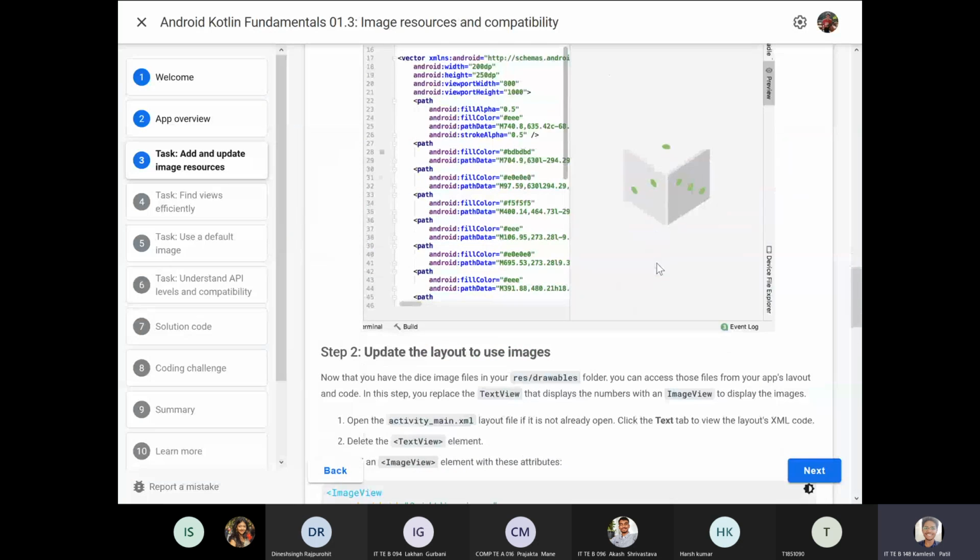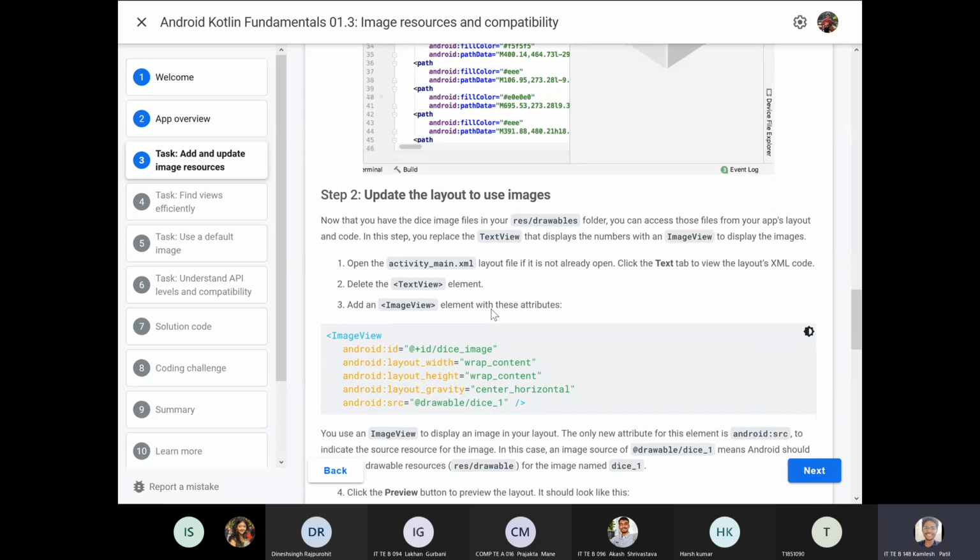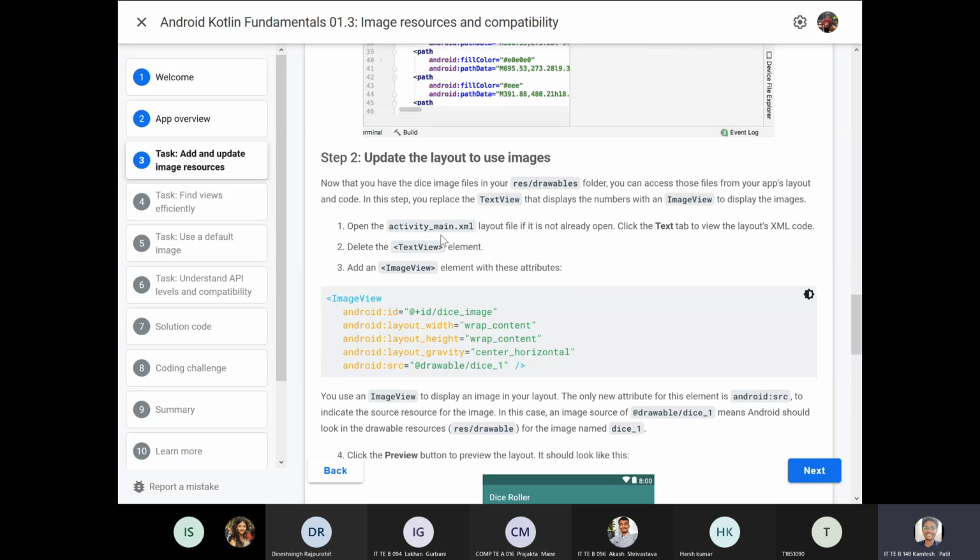But now, while proceeding further, we also have to insert those images into our activity. For that, we will be using an image view. Earlier we were using the text view, but now we will delete the text view and add an image view. Image view is almost similar. For the layout height, width, and gravity,